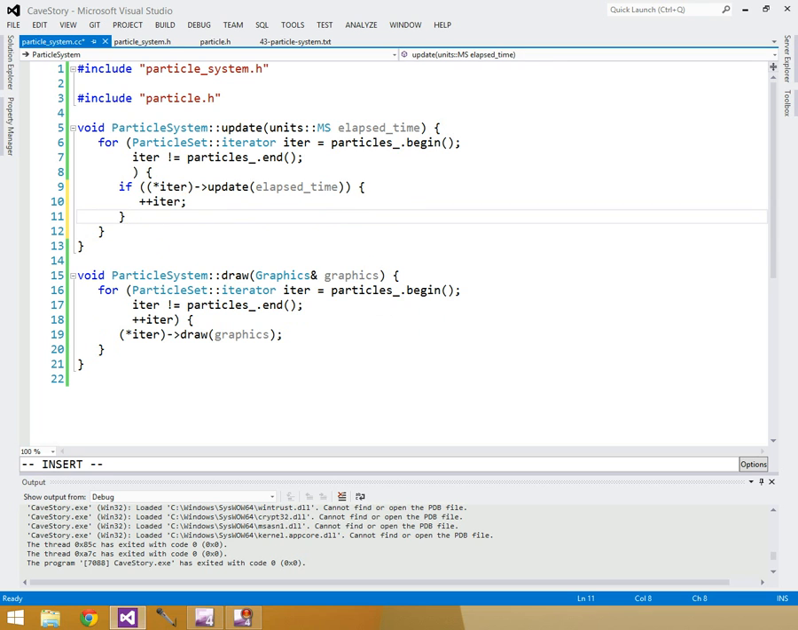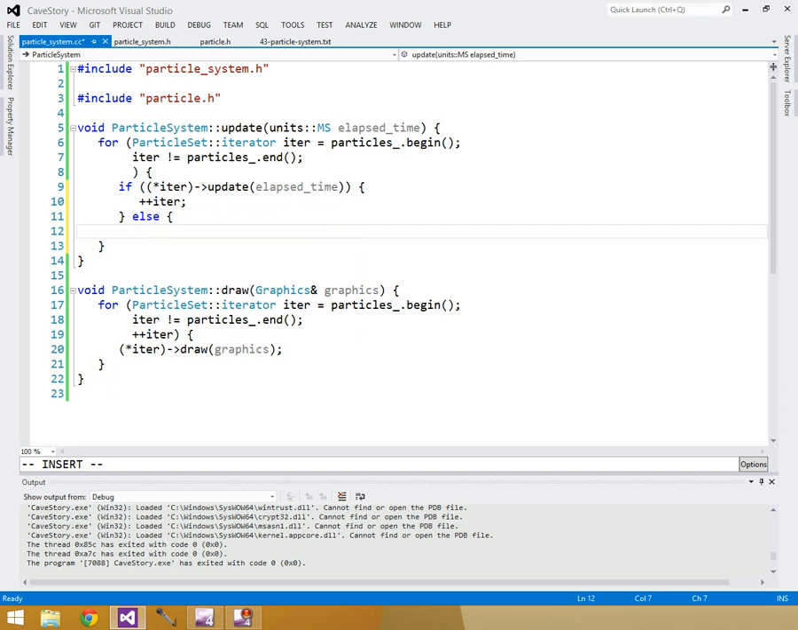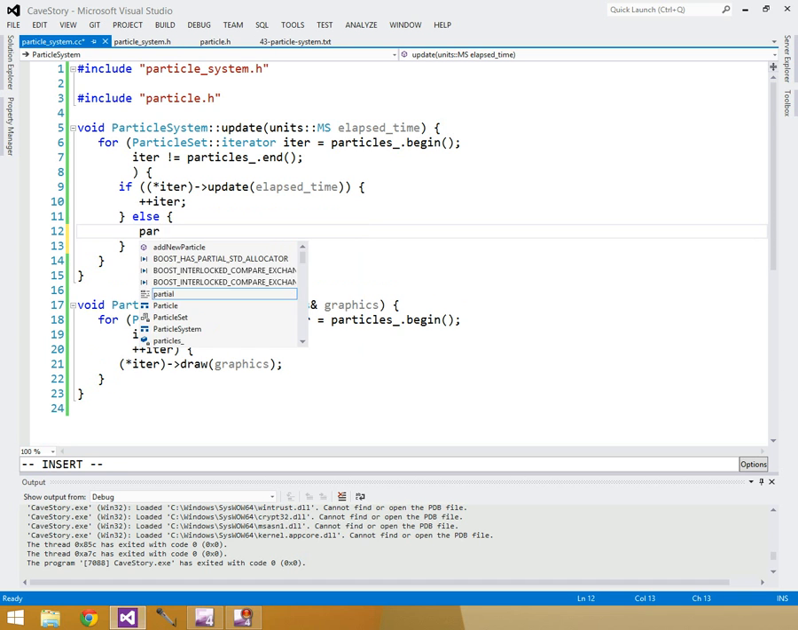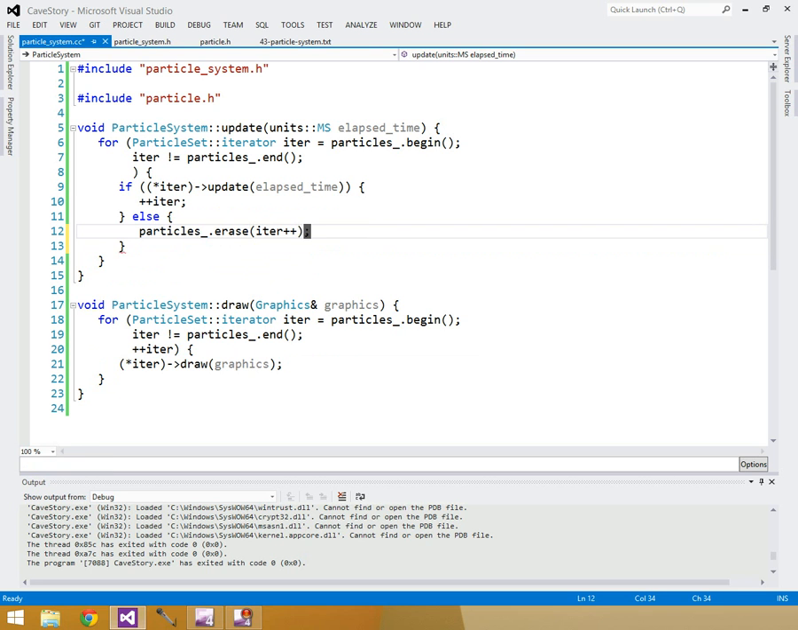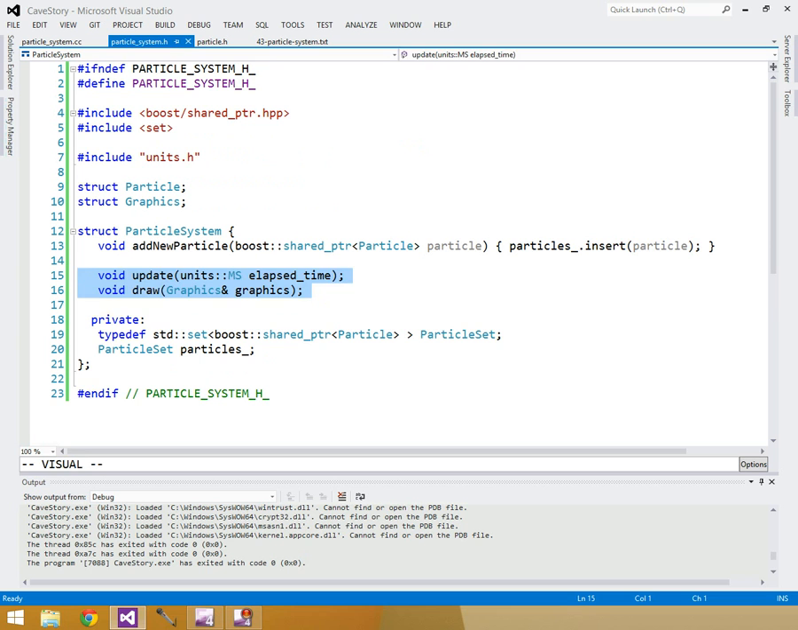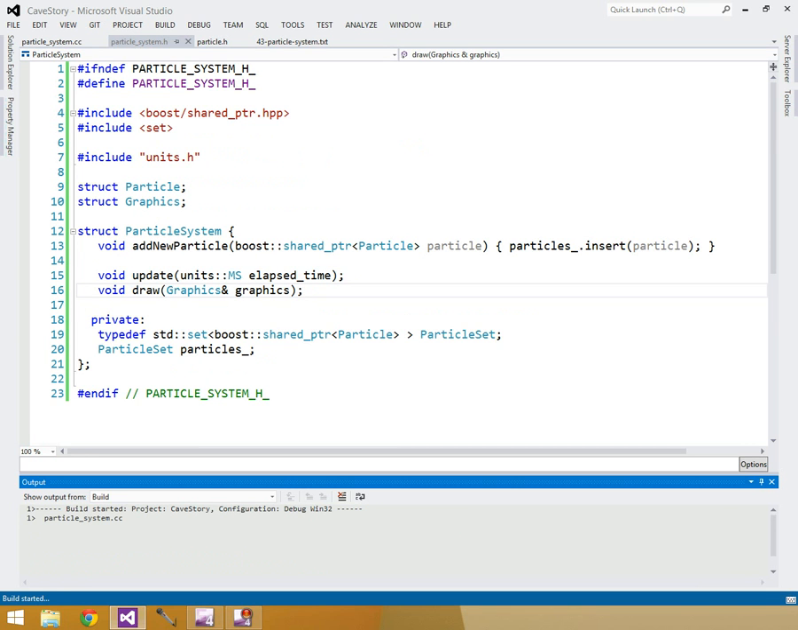But if it's false, that means we need to get rid of the particle. So let's do else, and we'll do particles dot erase iter plus plus, and be done with that iter, and be done with that particle. And that'll take care of the particle and its destructor because it's a shared pointer. So let's see, is there anything else I need? No, so I'm going to build this just to see if this runs, or see if it builds. We aren't actually using it yet, but let's